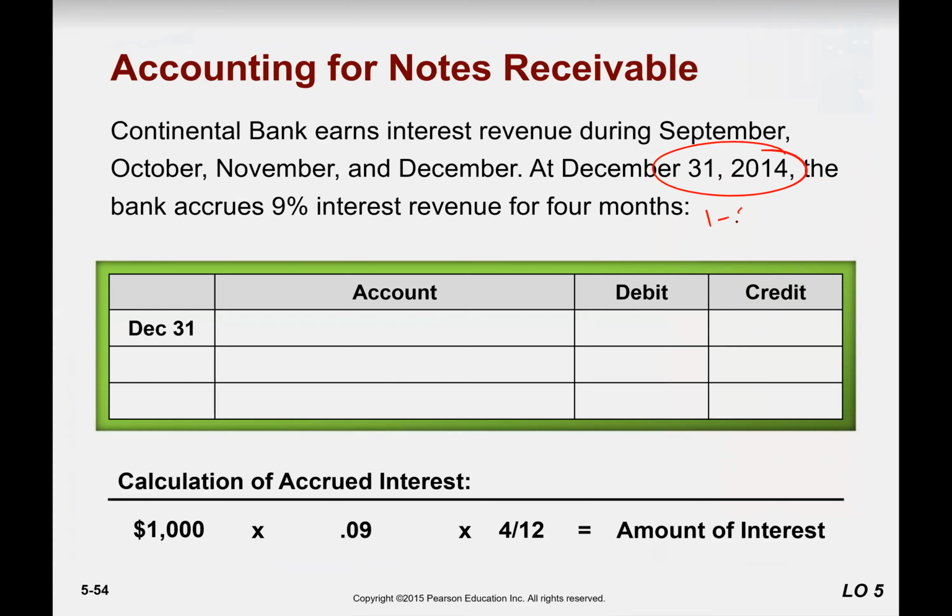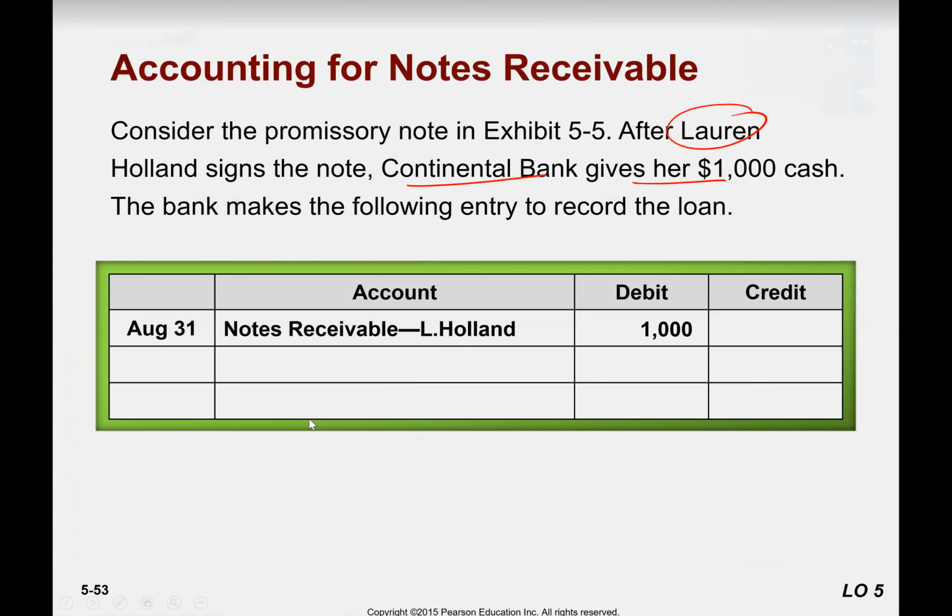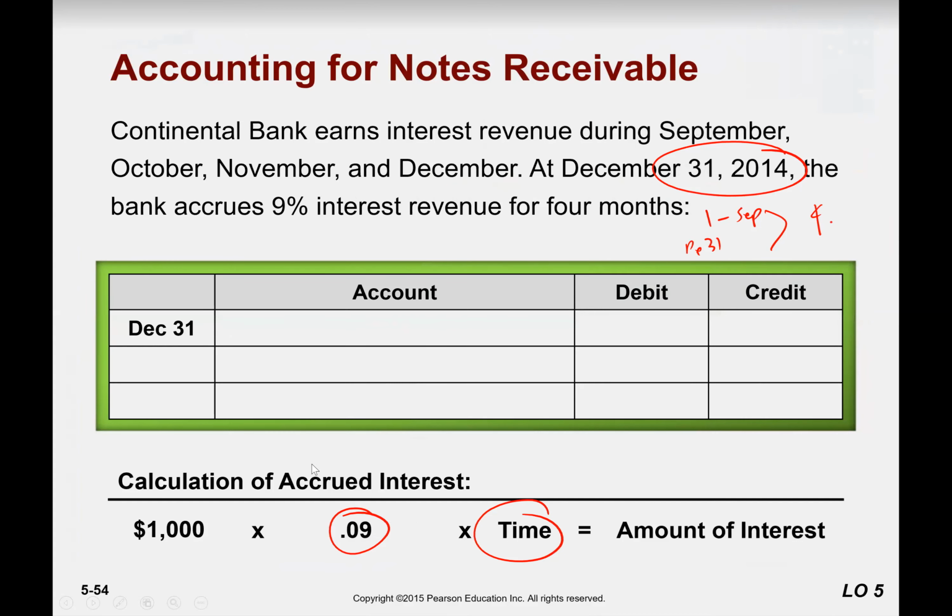From 1st of September to 31st December, 4 months. So how do we calculate the interest? 9% multiplied by 4 over 12, $30. Since you are going to pay back on February 28, the bank has the right to record the interest, but the interest is not received. Entry would be interest receivable to